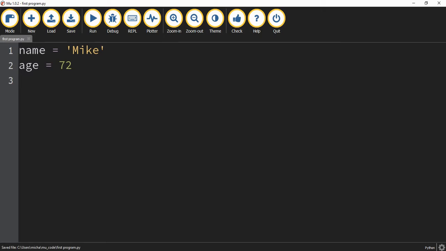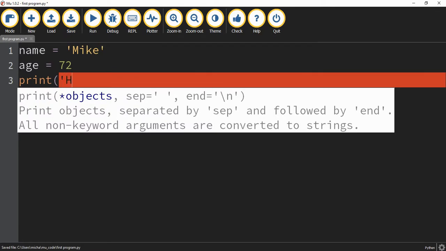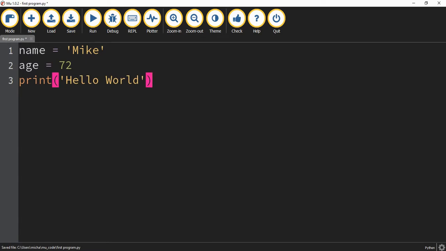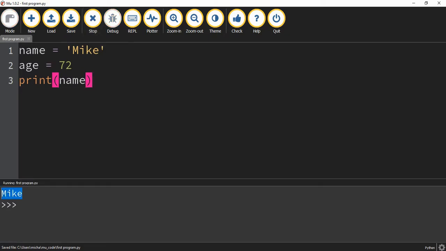Okay, so now that we define these variables, let's take a look at some things you can do with them. In the last video, we looked at a print function, where we did print, and then we had our message inside, like hello world. We can do something very similar with variables. Instead of putting that message inside of the print statement, you can use the variable instead. So I can print off the variable name, and if I run that code, it prints off the message